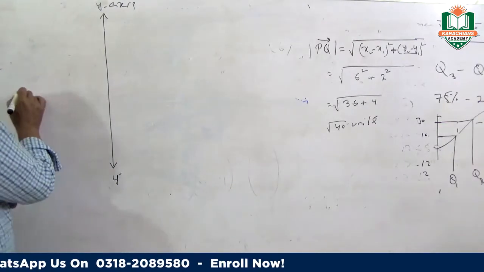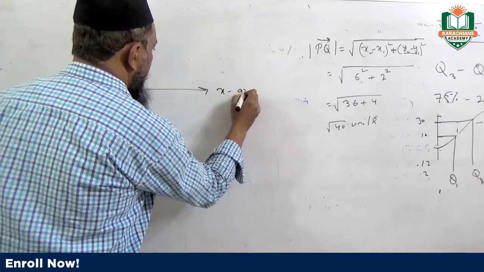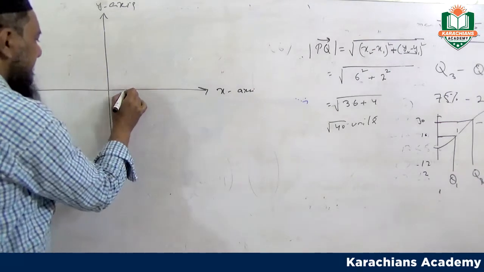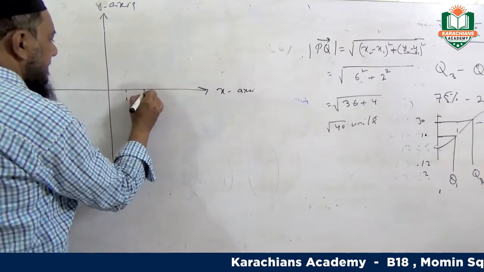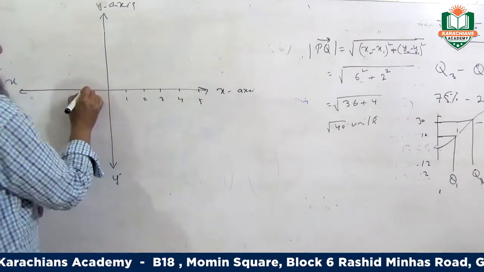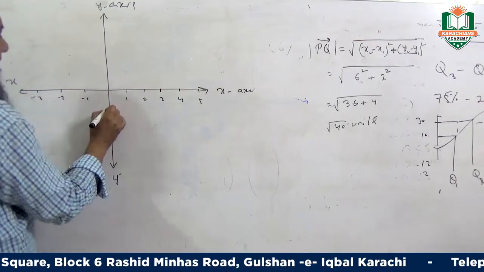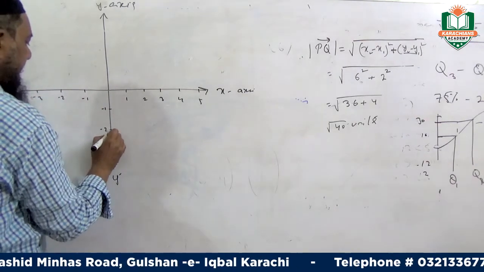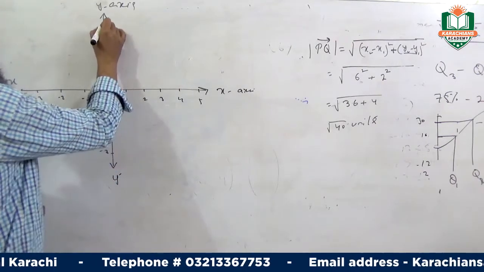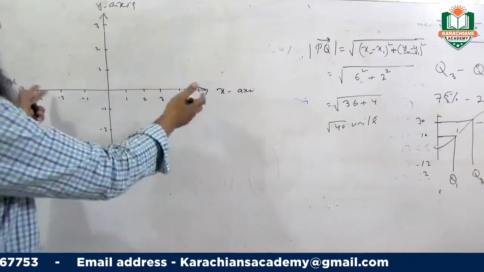So anyway, now I draw a horizontal line over here, that is the x-axis, and then x dash. Now I will label the calibration like 1, 2, 3, 4 and 5. Similarly, -1, -2, -3, and then 1, 2 and 3. This drawing is not to scale because I have no scale, so I cannot make these equal distances.